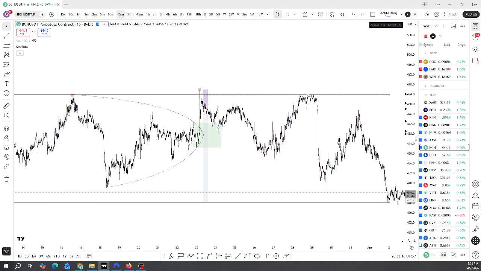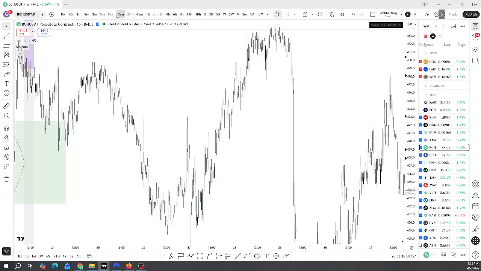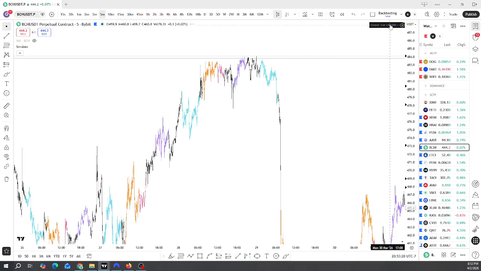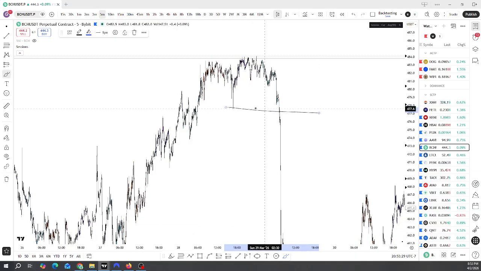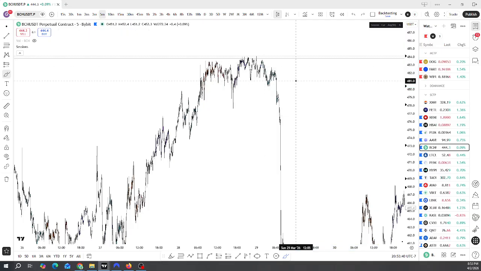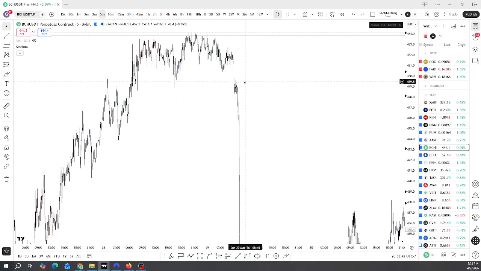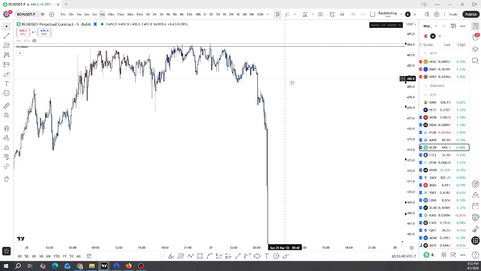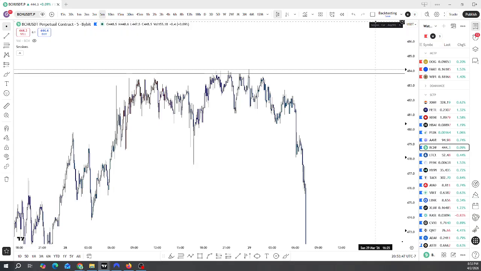Then there was another high probability entry, super clean refined entry that I might as well go over that I missed due to myself being asleep Saturday night. It kind of confirmed, depends when you would have entered it. This one confirmed right here at 7 a.m. on Sunday morning. So not optimal for me. Usually I'm up at like 6 a.m. on weekdays, but 7 a.m. on a Sunday. I actually did wake up at 6 a.m. to check this chart,